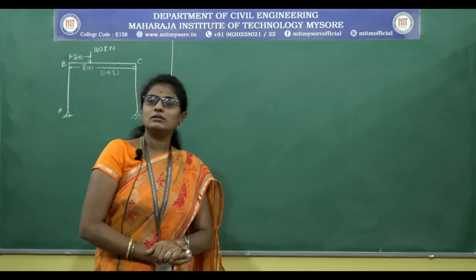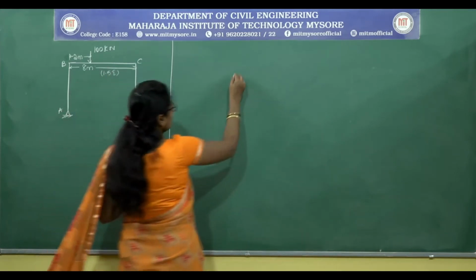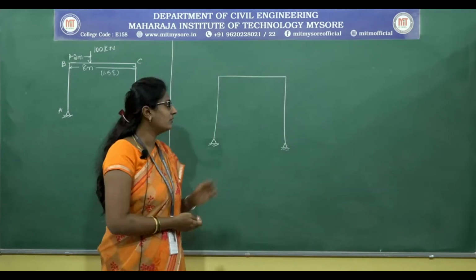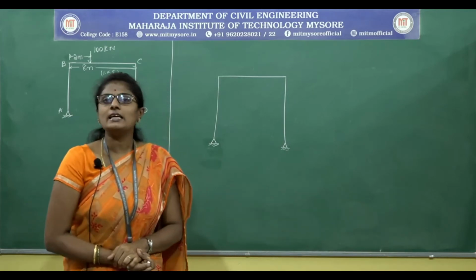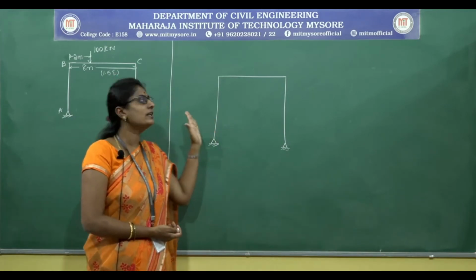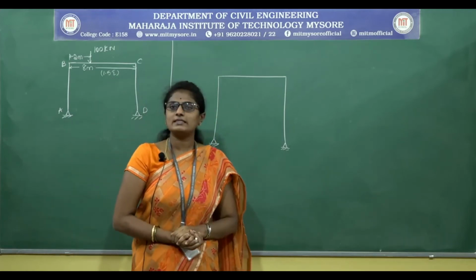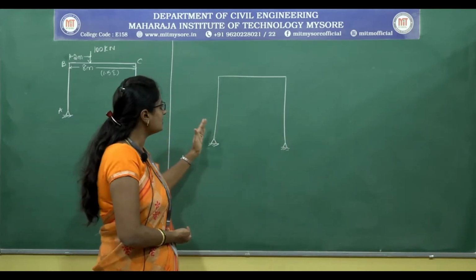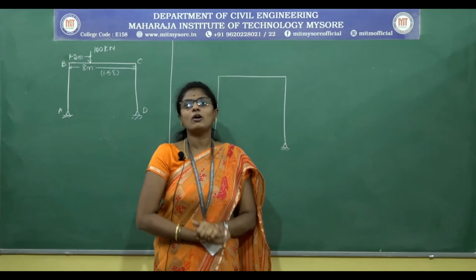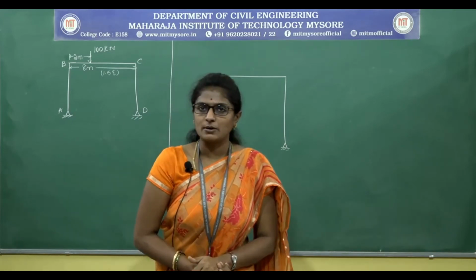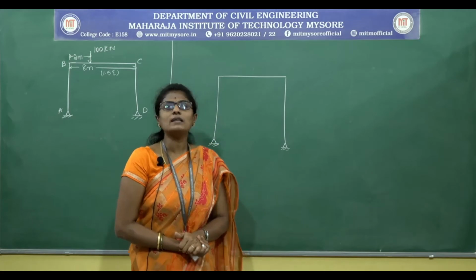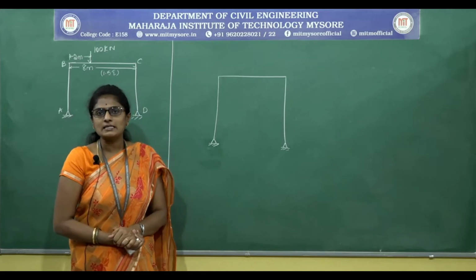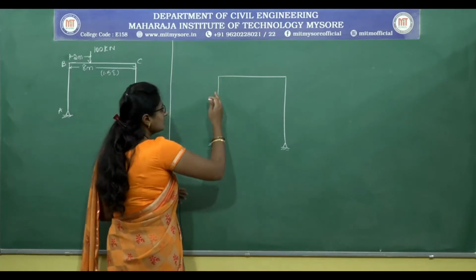So before that, we need to consider the frame. So this is now subjected to sway. We don't know in which direction the sway is settling. For instance, I consider the sway is towards right. That means the frame is tilting towards its right, and according to my sign convention, I consider the sway towards right as positive, that is delta is positive if the frame is subjected to sway towards its right.